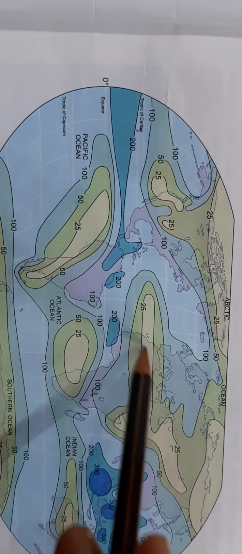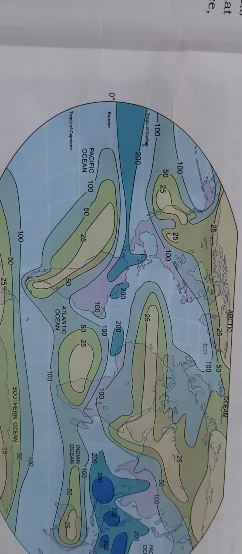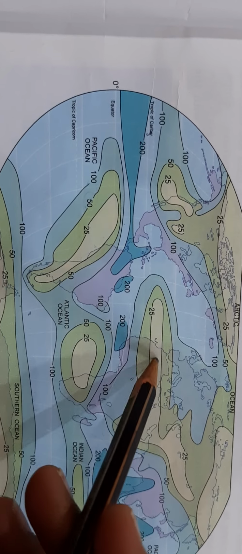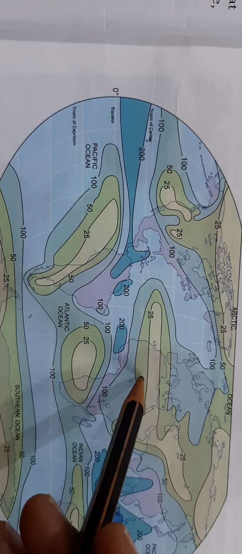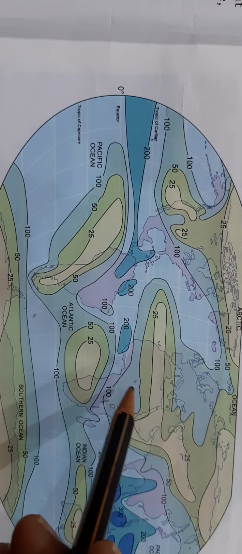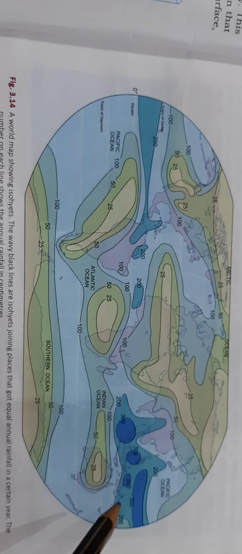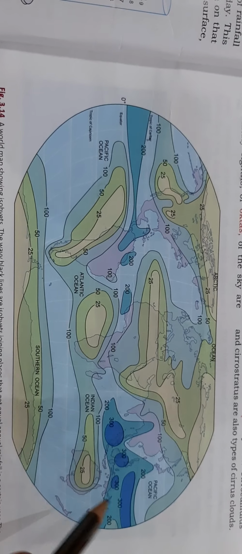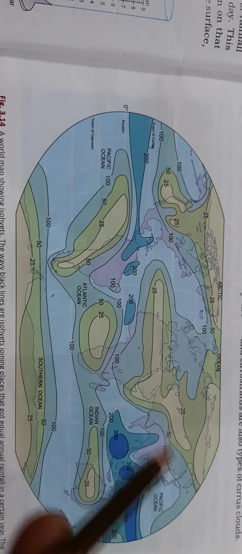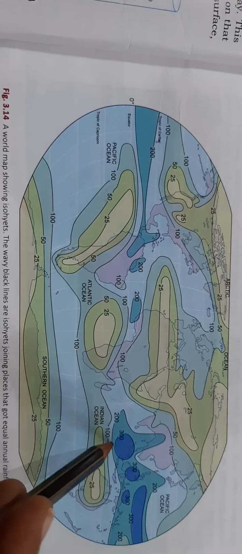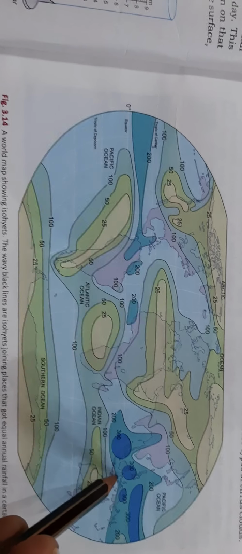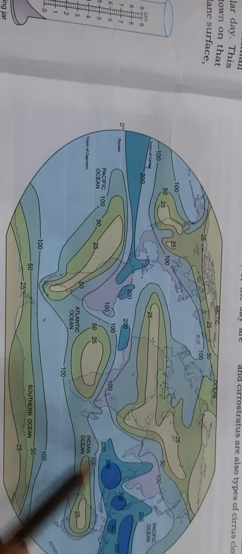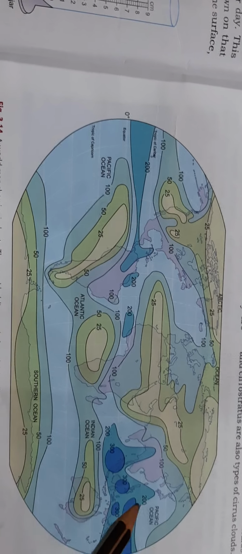You can check, wherever rainfall is less, that region is shown with a lighter color, lighter yellow you can say, like 25. Wherever it is more, like 50 centimeter, it is shown with different colors. So different colors are used. Mainly these lines help us in marking those places which experience different types of rainfall, and through that we can understand which part is an arid area, semi-arid area, or which part is receiving a good amount of rainfall.